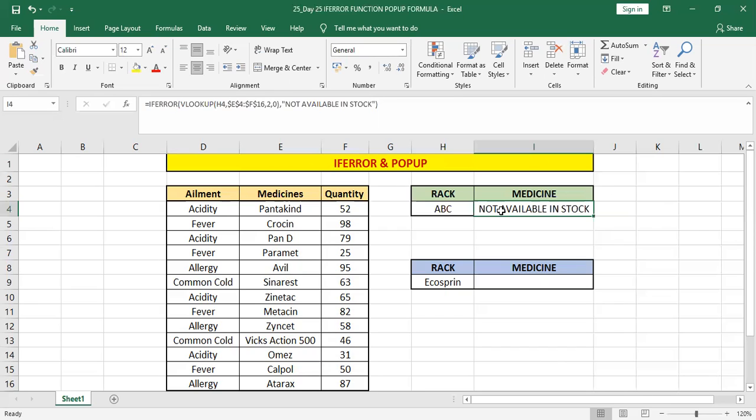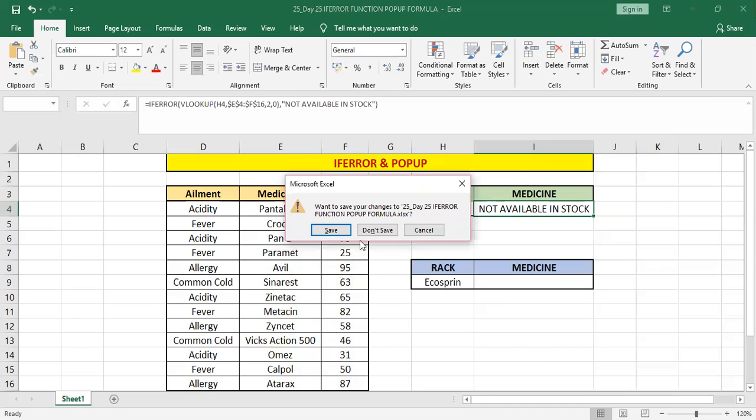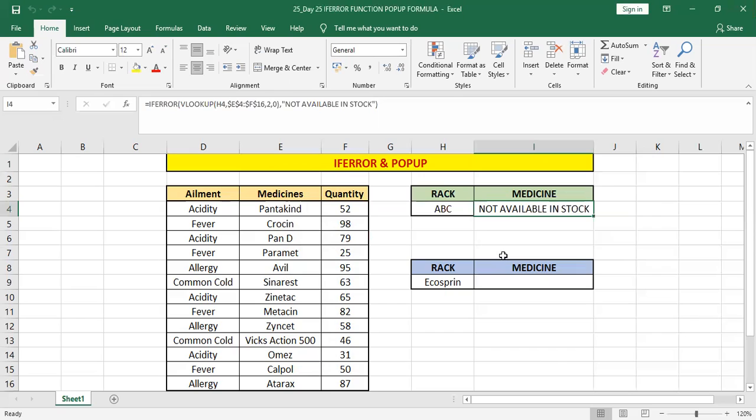Like if I want to save this file, even without saving, if I press on the cross button, that is the close button, I get this pop-up. Want to save these changes in this file? That is a pop-up, and we can introduce that pop-up in our own Excel sheet. Do you want to see how? Yes, I'm going to show you that. Okay, so if I want that pop-up, what I have to do is, let's see.